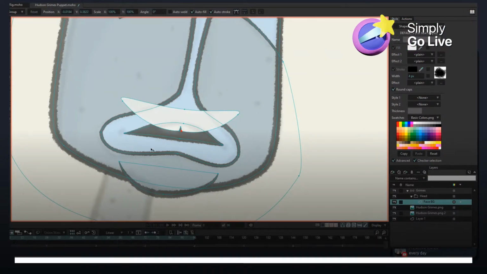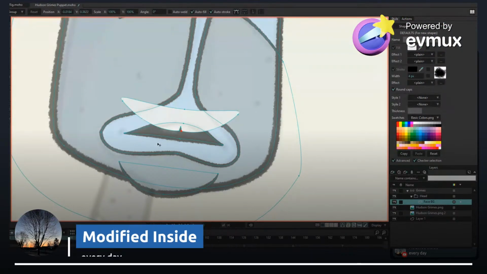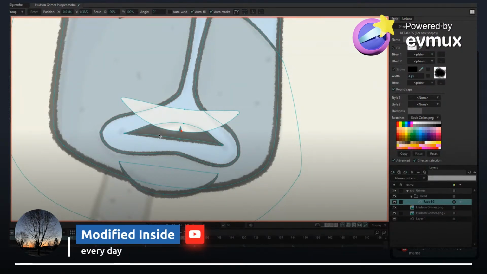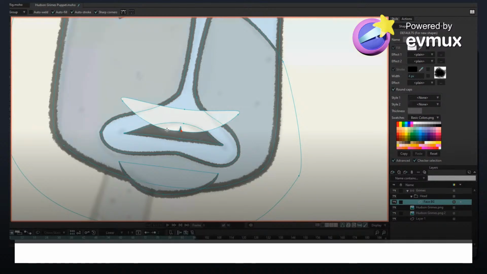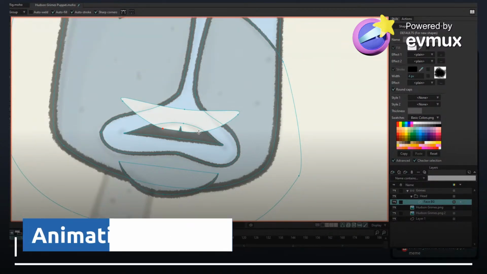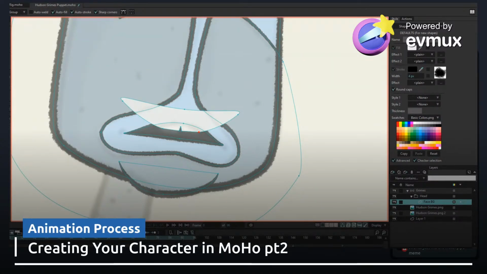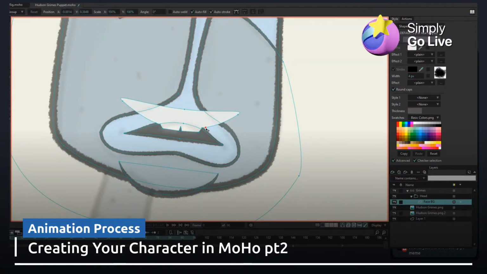All right. So anyway, I want a little more definition in the teeth, so I am going to add a couple more points. A for add point. Put one here, one here. I want them to have big buck teeth, right? So I'm going to put a point here and a point here. Move that up. Move that up. Add one more point. Oh, not there. Do it right there and right there. So I can bring them down. There and.